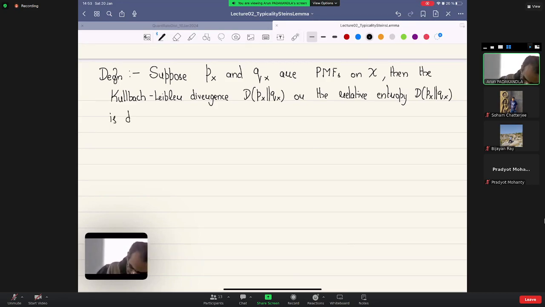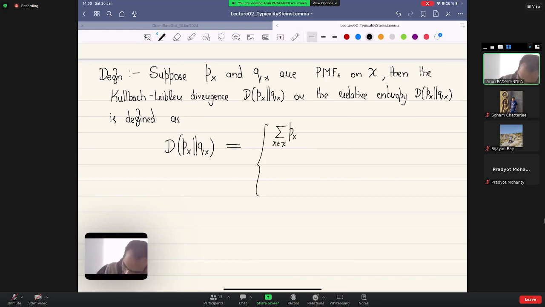The relative entropy D of P and Q is defined as the summation over x belonging to X of P(x) log P(x) by Q(x). You can see why it is relative entropy, because the entropy terms are appearing, or plus infinity if